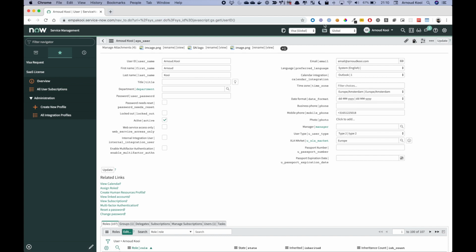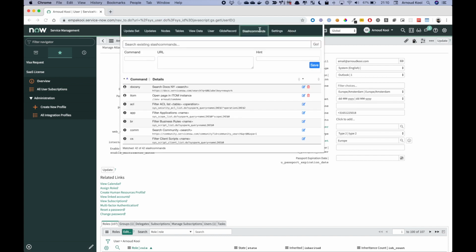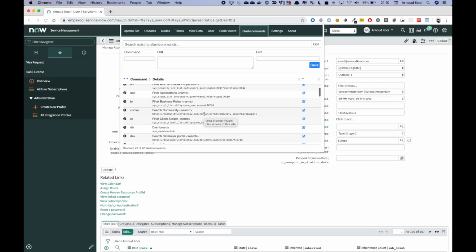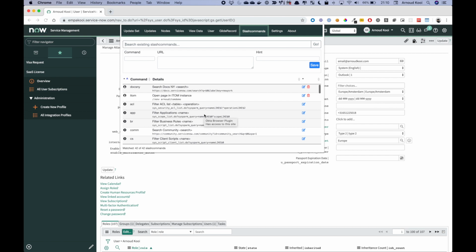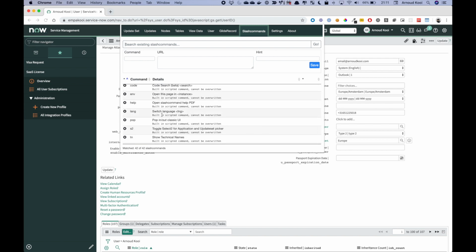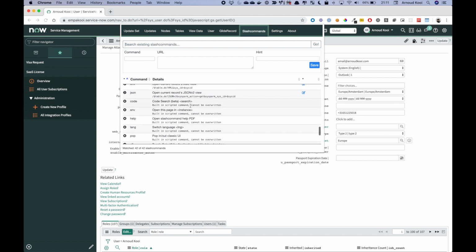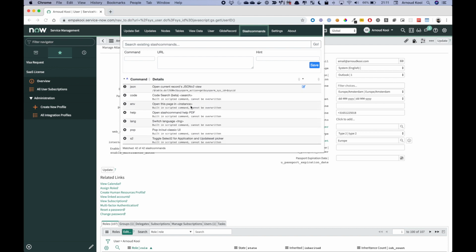So now let's go to the tab /commands in the pop-up of the browser. And here you see listed all the available commands. So in this example, I have 2 customized commands, a bunch of built-in, and below are scripted commands. You cannot override these. They execute some function. So I showed you the technical names, so you cannot override these ones. But for example, here I have one that I did customize,